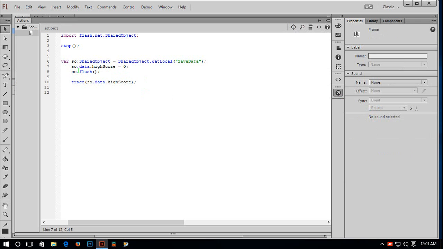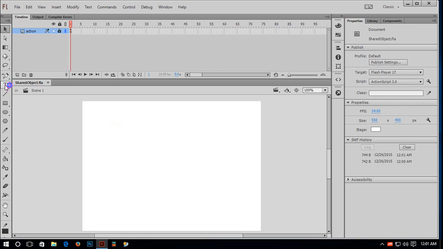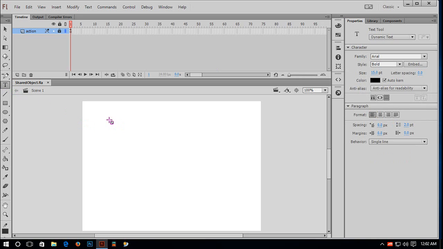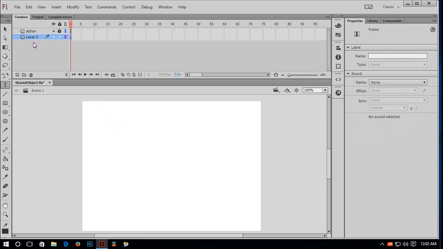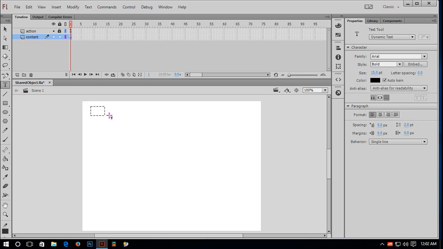I would like to show this so.data.highscore inside a text. So just select text. But first I have to take another layer, insert another layer, drag it down, rename this layer content, take text, drag and draw text,